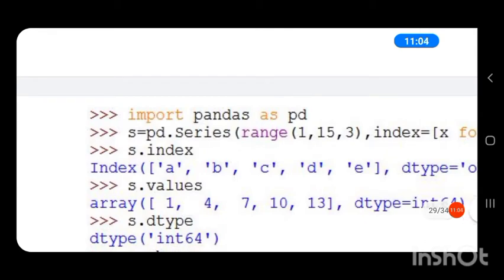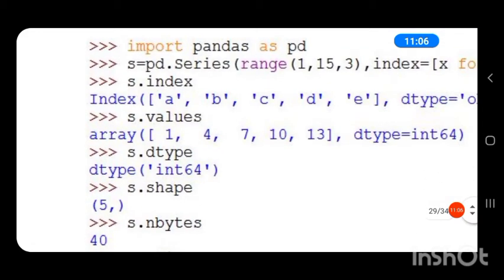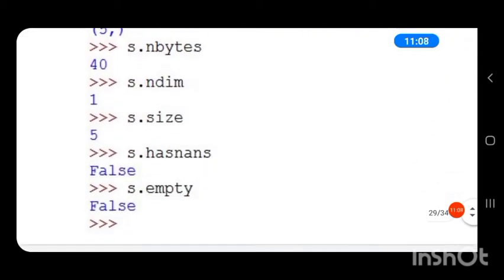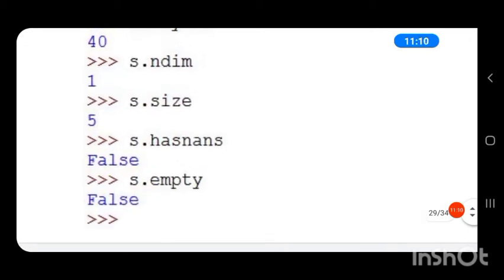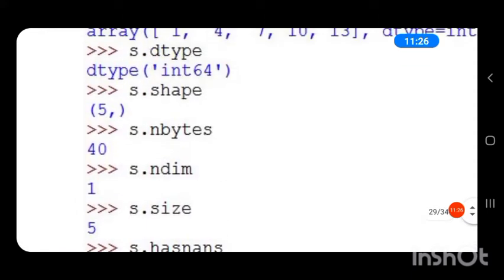Does this series have a nan value? No, the series doesn't have a nan value. So S dot has nans returned false. Then S dot empty checks whether S is an empty series. Since S is not an empty series, it returned false.